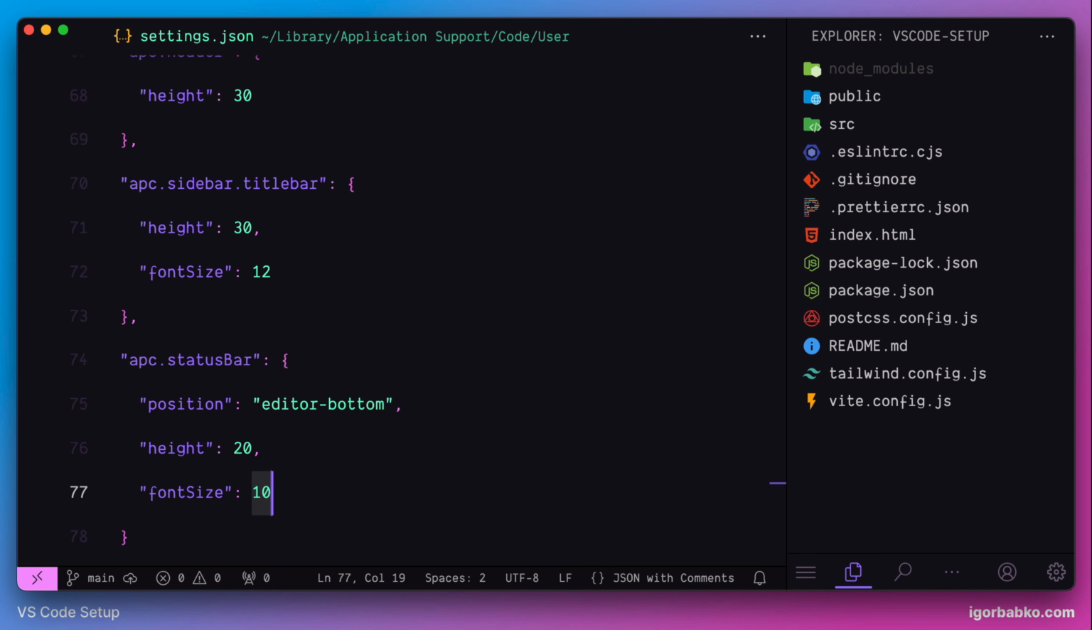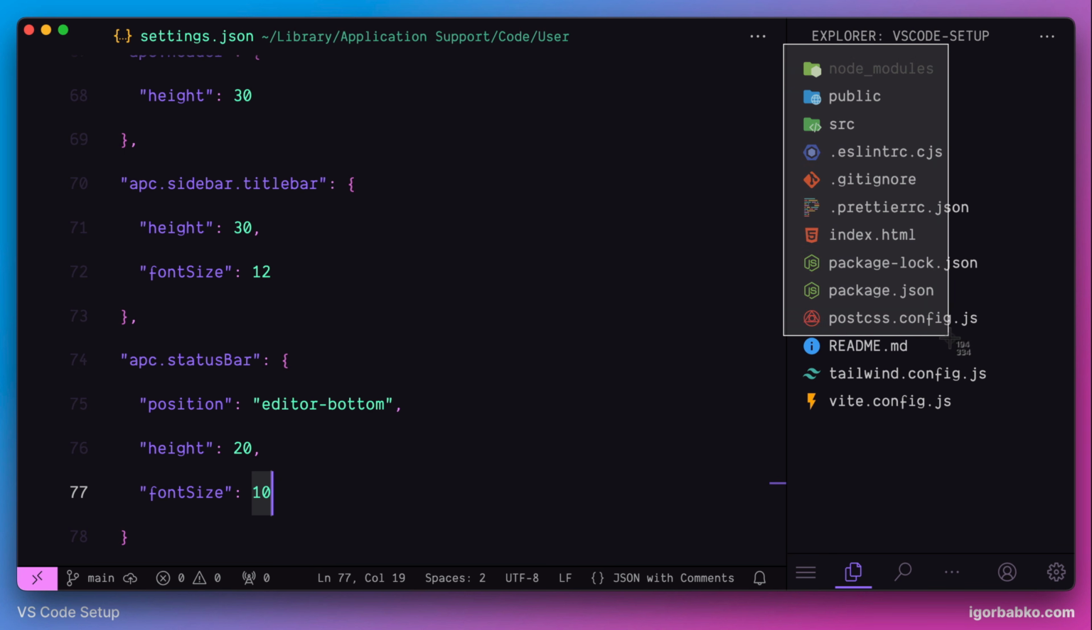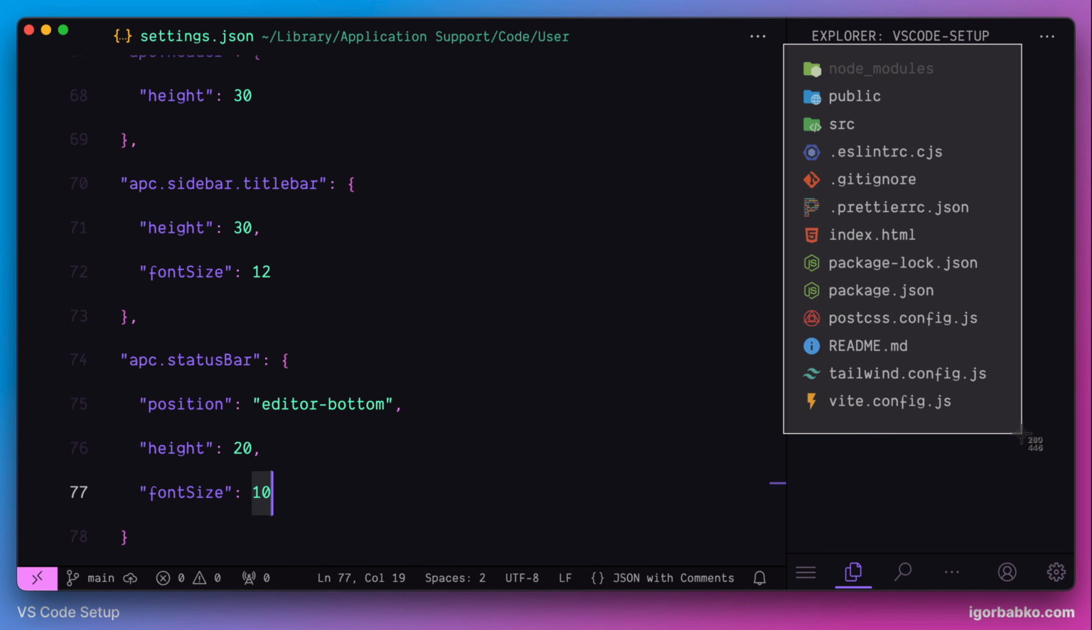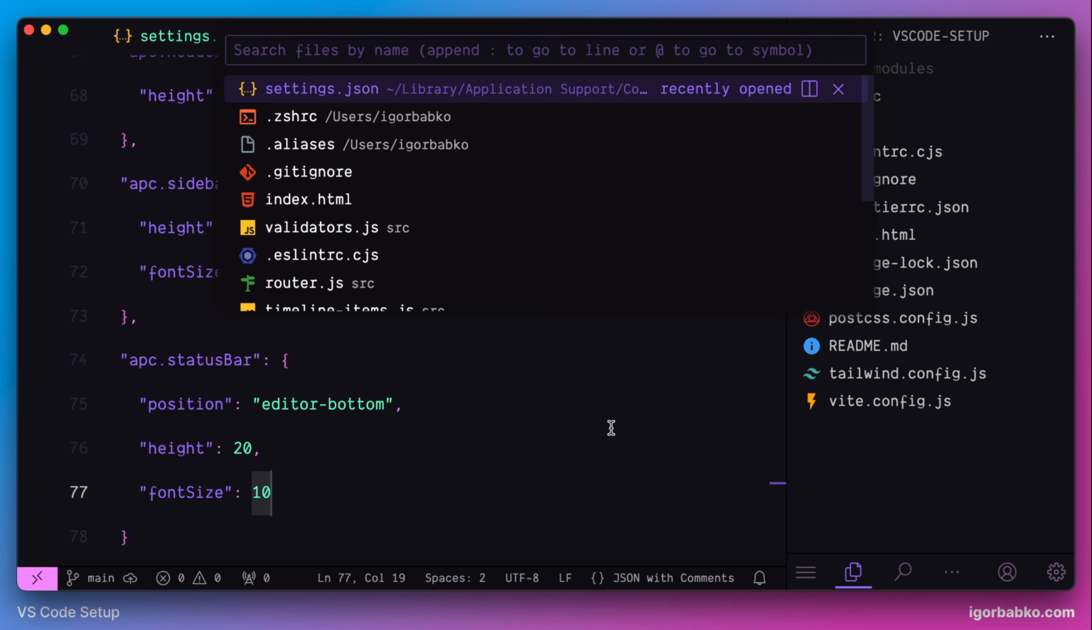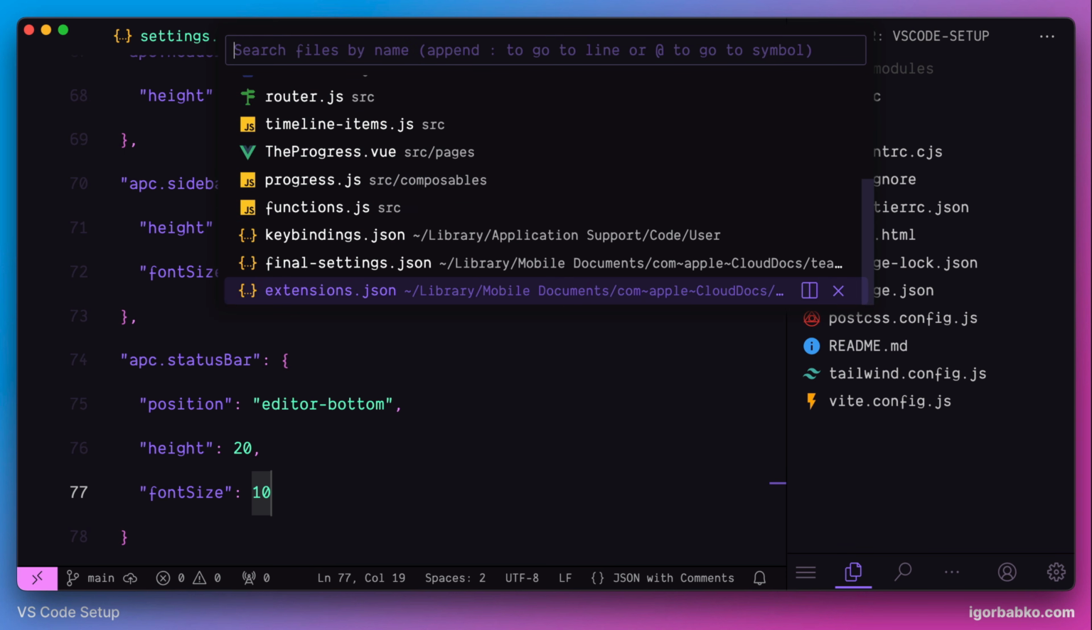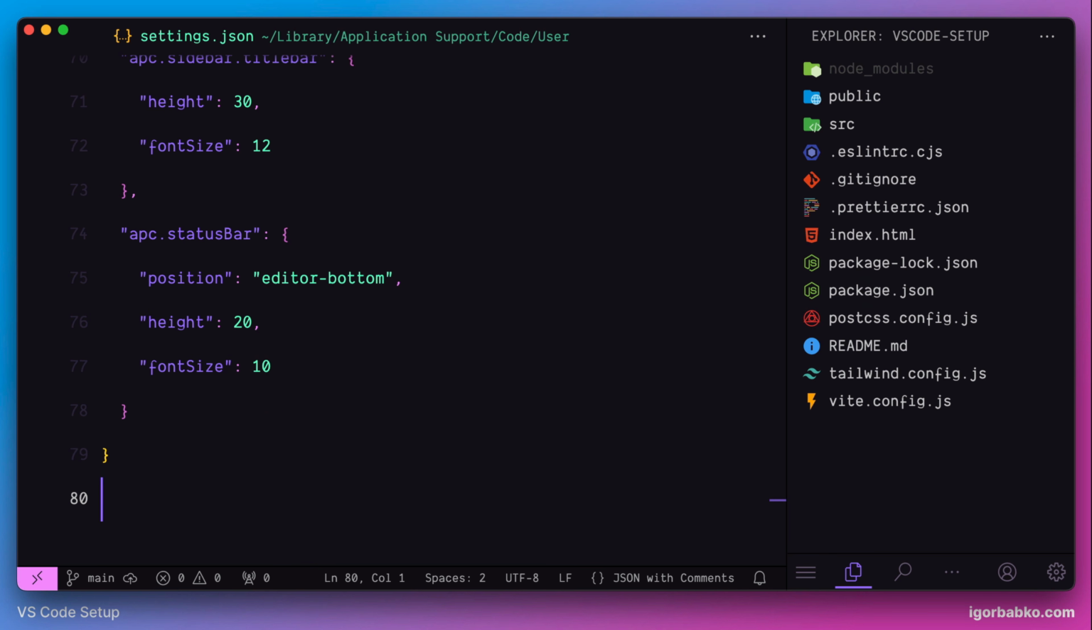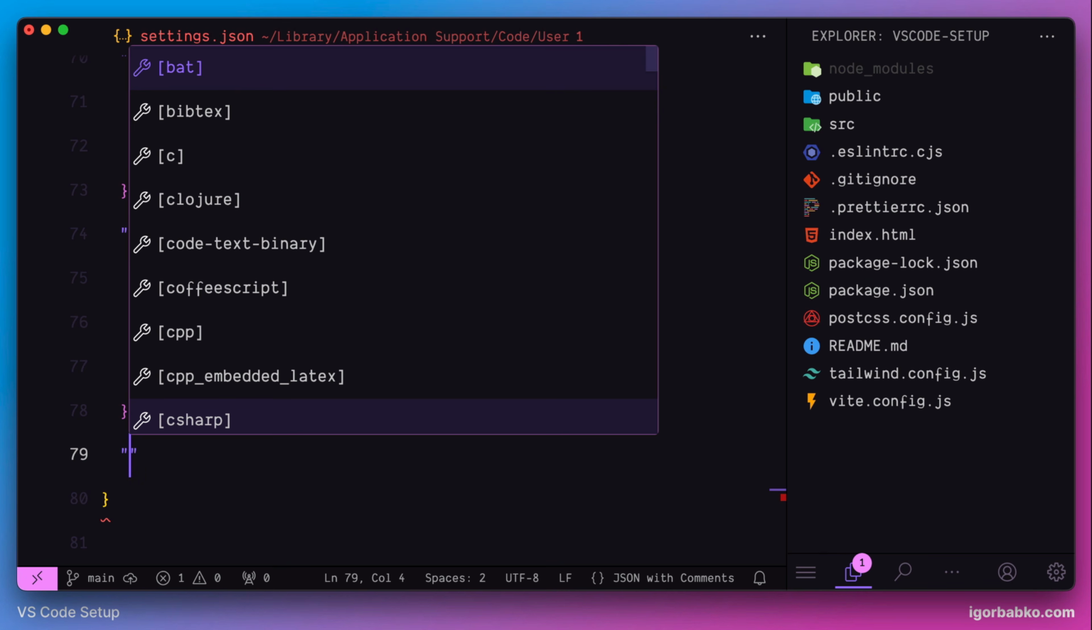The next configuration we're going to apply will allow us to increase or decrease the line height of the sidebar items. In the same way, we will be able to configure the line height of the items in File Explorer. So first of all, let's apply a different line height for sidebar items. I'm going to specify the setting